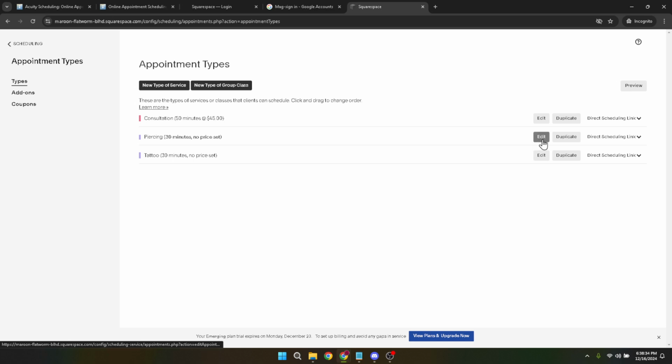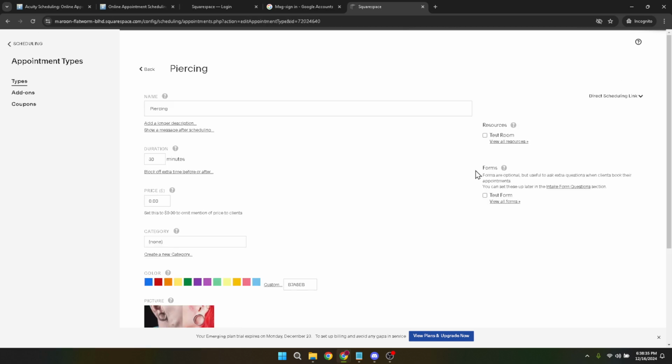Here's where the fun begins. Inside the service editing page, there's an option to create a new category. This is exactly what we're looking for. Clicking on it will open a new field where you can define your category. In this field, type in the name of your new category. Be descriptive but concise. This name will help you and your clients understand what types of appointments or services fall under this category. So choose wisely.